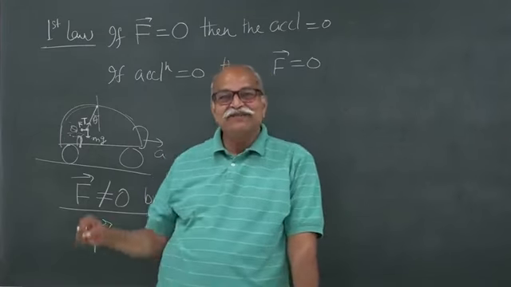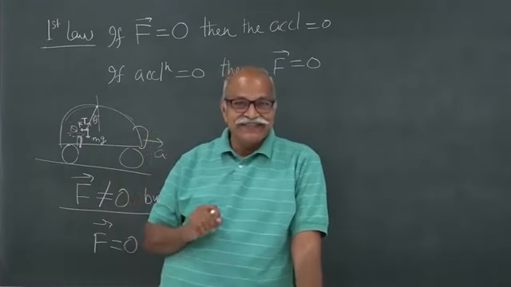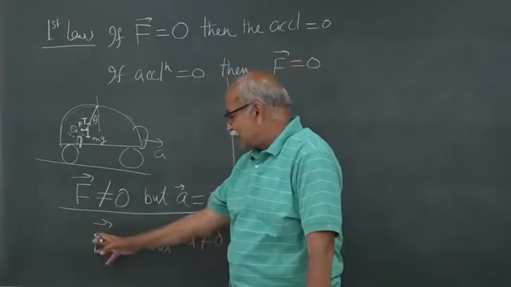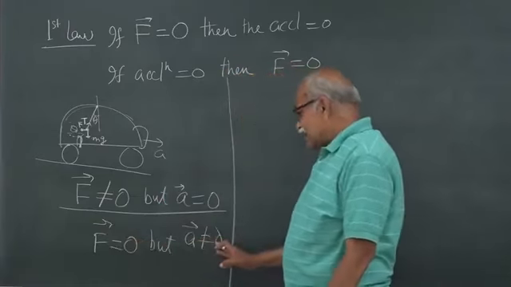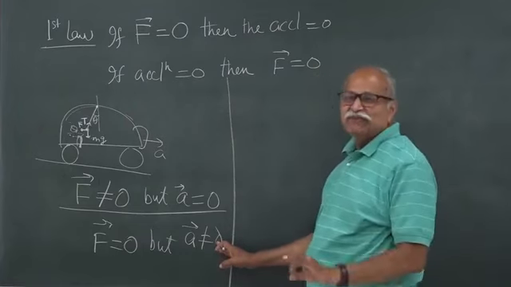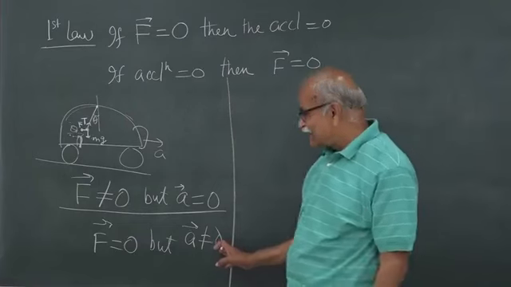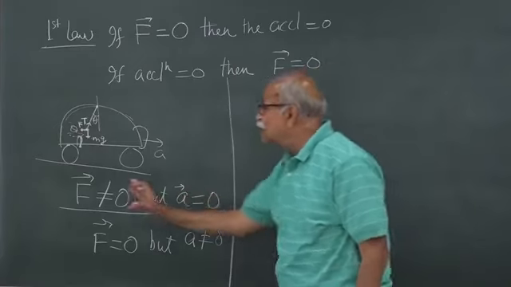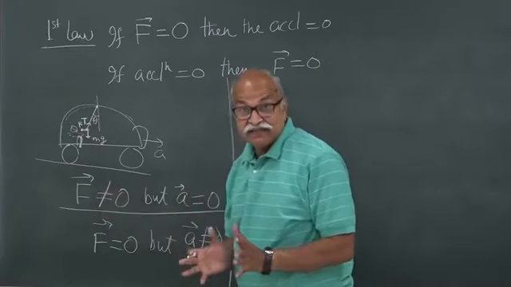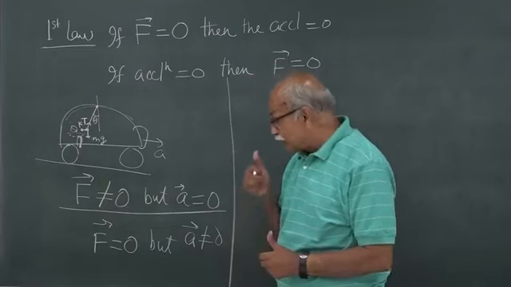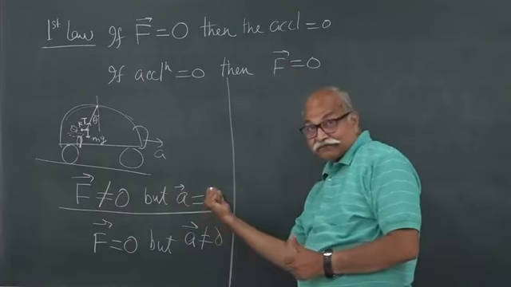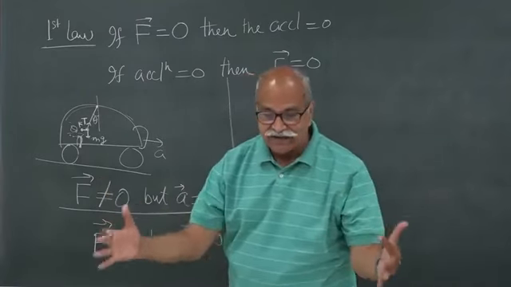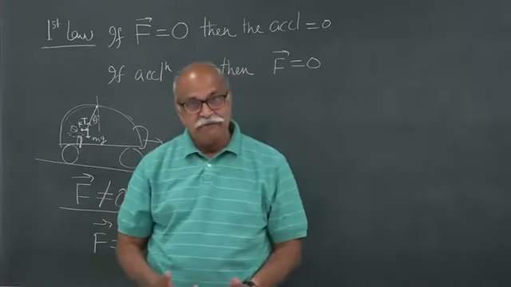Fortunately, the earth's frame of reference is close to inertial, although it is non-inertial, it is very close to inertial. If you think of this condition, that if F is 0, what will happen? The acceleration will be very small, exceedingly small. So we can take it as an inertial frame of reference. If the acceleration of some object is 0, how much is the force, in the frame of earth, needed to make the acceleration 0? That force is exceedingly small, and therefore we generally take earth as an inertial frame of reference.